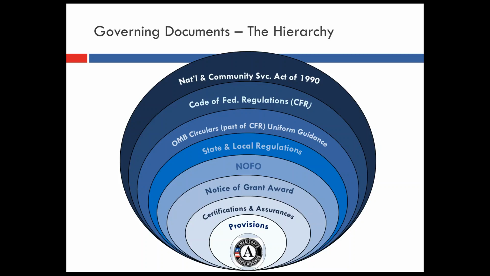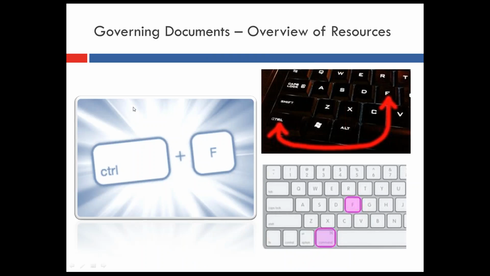And as you go down, you'll notice that Serve Wisconsin adds on another level to look at the Wisconsin Circuit Court check. So again, these things don't trump each other. The lower levels can't supersede any of the higher levels, but can add on to. So we'll see that also with the uniform guidance. I ran into an instance where to use a component of the uniform guidance, the AmeriCorps NOFO and provisions added another step. So again, it doesn't trump, but rather it adds to. A lot of fun information there.